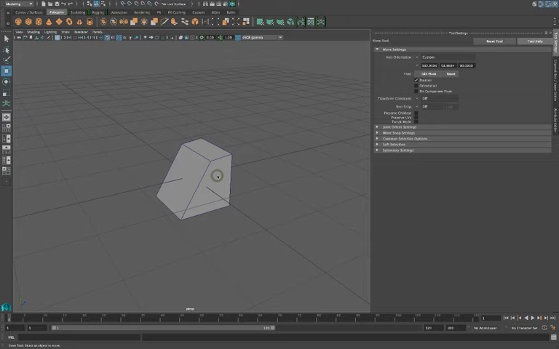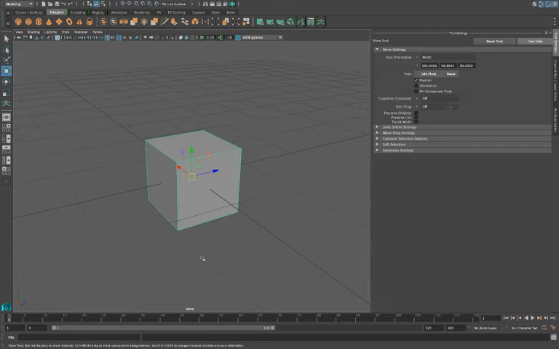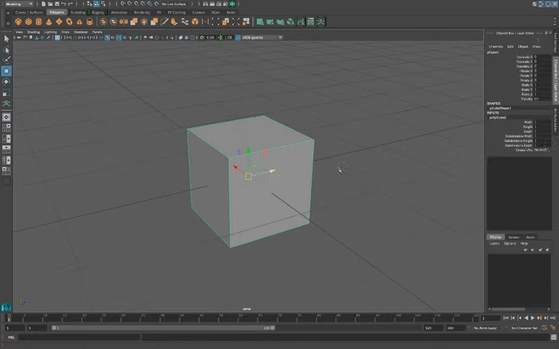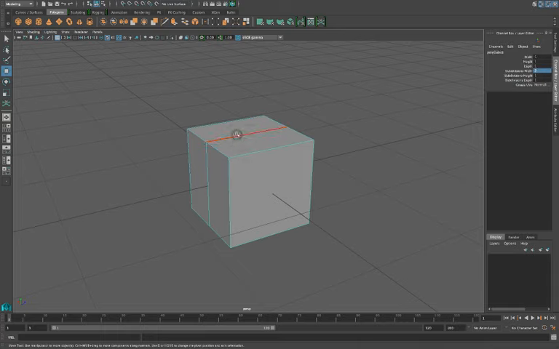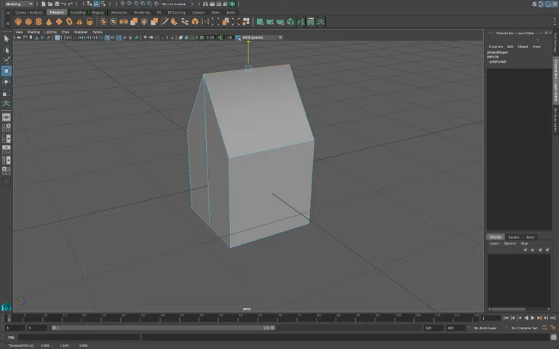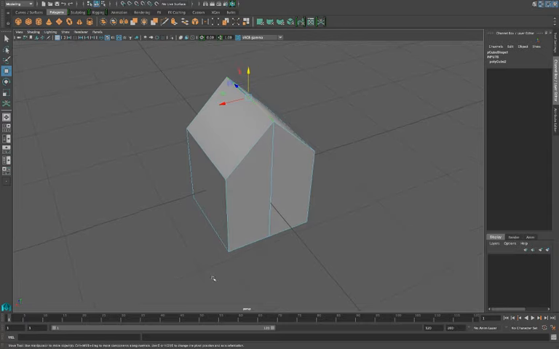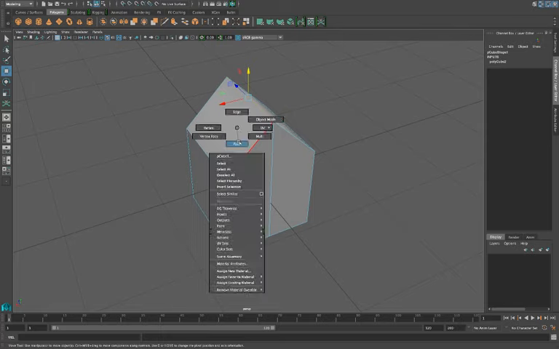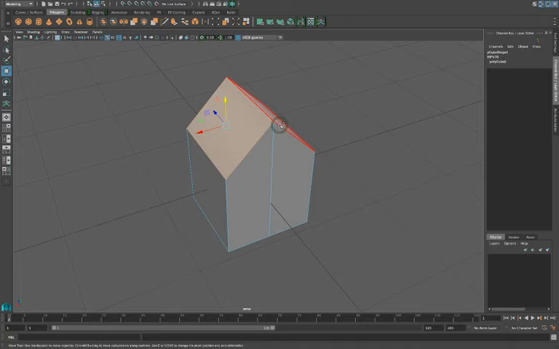Another scenario where this is handy is the classic building a house with a sloped roof. So if I add some divisions to the width here, and then simply just select the center edge here and move it up to create this roof effect. Now roofs will always have this overhang, which again was always a little bit of an issue. So if I select these faces